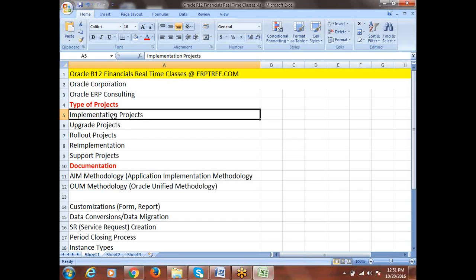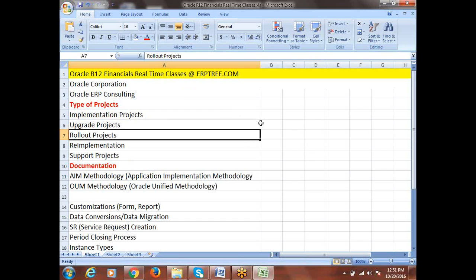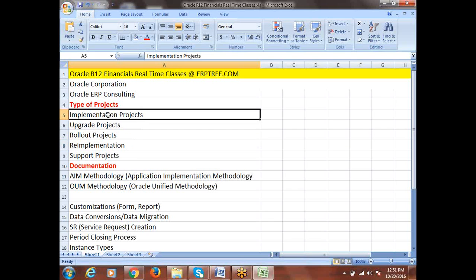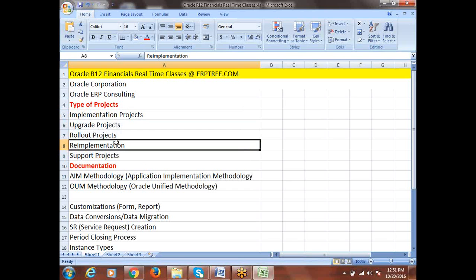We'll first identify which roles are involved in the project. When you are working on an upgrade project, what would be your role, what would be the technical people's role. And when you are working on a rollout project, what will be your roles and responsibilities. And when we are working on re-implementation, what exactly is the meaning of re-implementation, in which scenario that project will come into the picture, and what would be the process for each and every type of project, what would be your role and what would be other people's roles. So that tomorrow once you get into any type of project, you don't need to search for what you are going to do, you know everything.